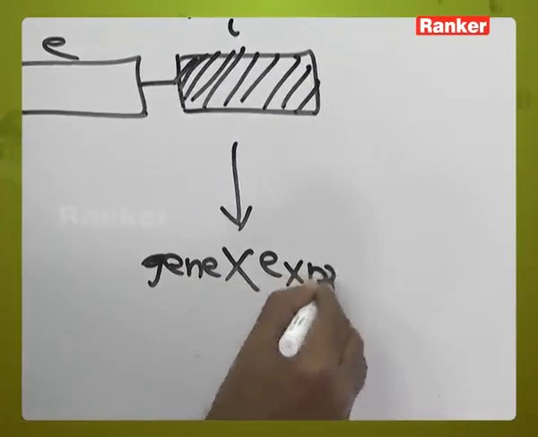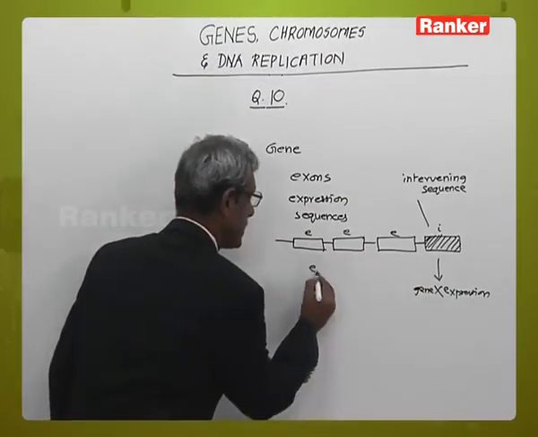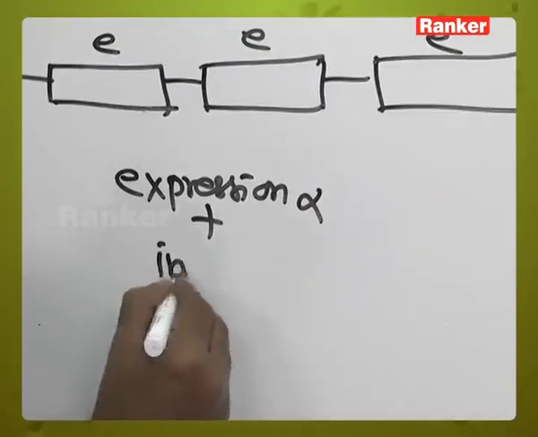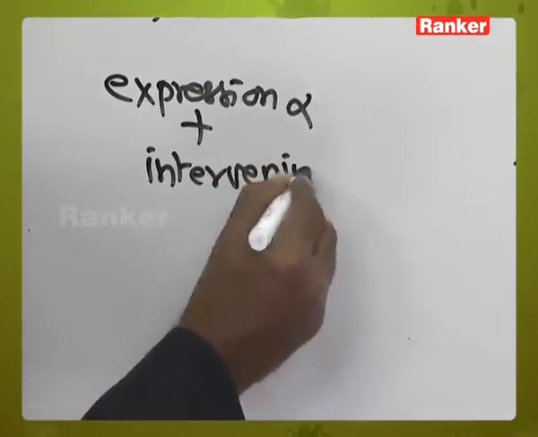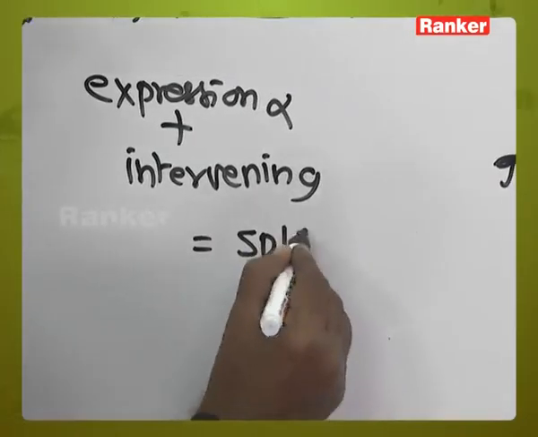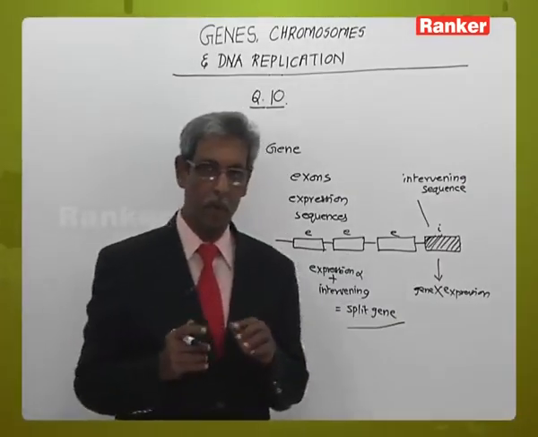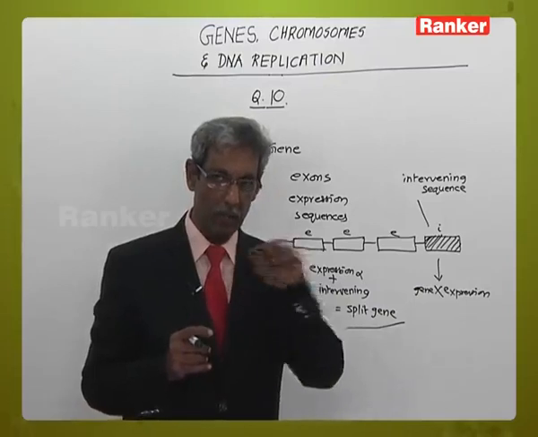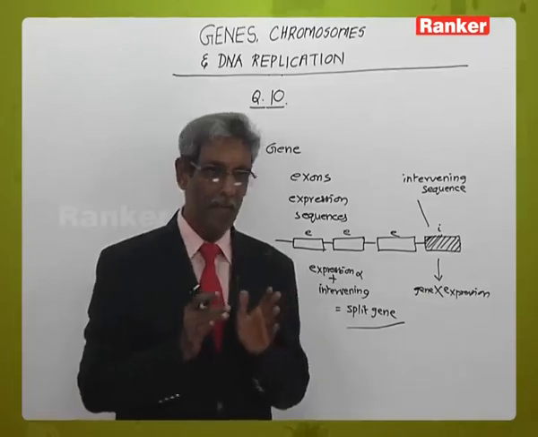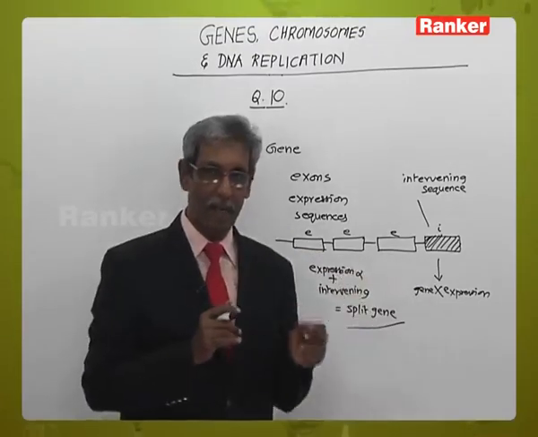Which does not show any sort of gene expression. Such a combination of numerous expression sequences plus an intervening sequence is termed a split gene. A split gene is responsible for a streak of a particular character among the most important agronomical characters. So, in a split gene we have expression sequences with an intervening sequence, whereas an operator gene is